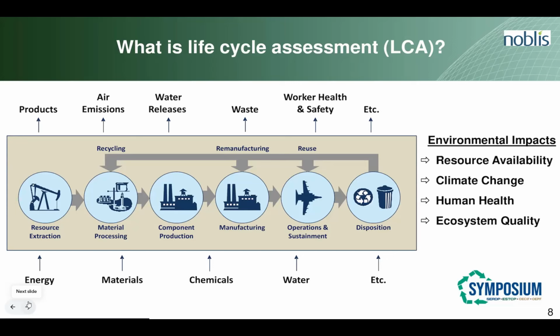So what LCA does is two things. One is it helps us think of all these emissions, the things coming out of the top of the box. And again, these are not just from your facility, but they could be from upstream and downstream locations. And the second thing that it does is map those to environmental and human health impacts, which we see on the right. So we can quantify the net impact or benefit to resource stability, climate change, human health, and ecosystem